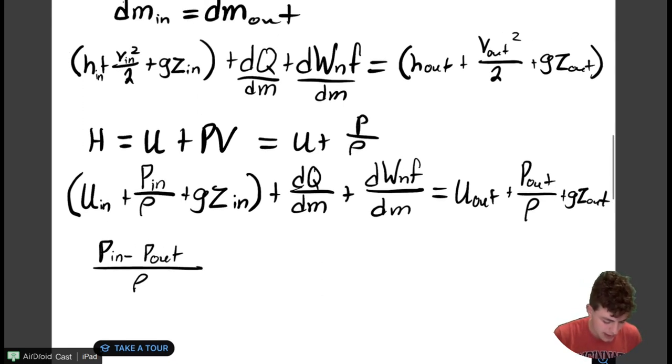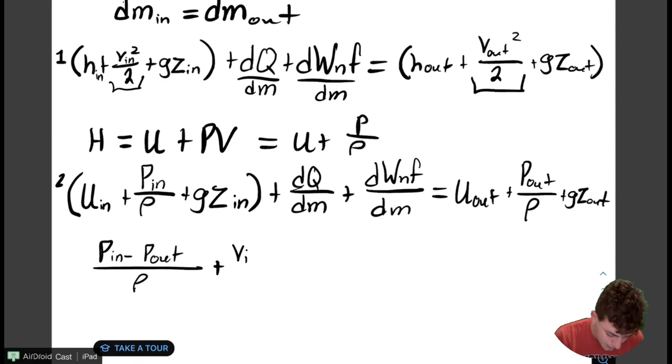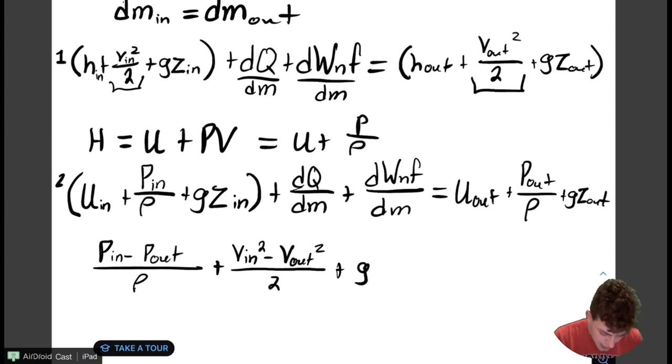Do note that I'll call this line 1 and this line 2. In line 2, I did leave out the kinetic energy term. That should still be equated in there. I just ran out of room. So I'll go ahead and put the kinetic energies next to each other as well. And add potential energies,